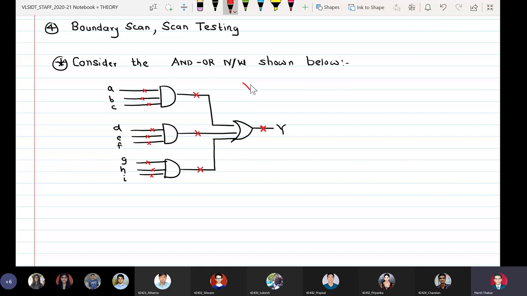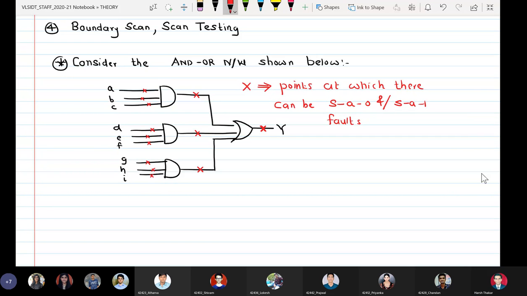So we say these are the points at which there can be stuck at 0 and/or stuck at 1